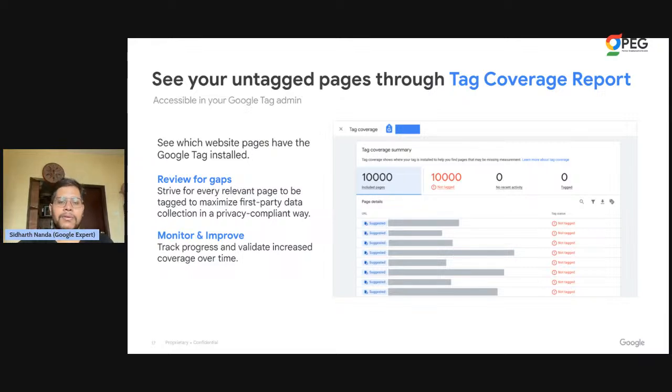Now, I want to get a little bit more into the practical aspects of things. I believe you definitely have a good idea of how important all these first party tags are. But of course, putting this into practice across web pages can be a chore. So that's where we heard you, and we want to focus a little bit deeper on the practical way of implementing this. When you want to see all your untagged pages, you can definitely do it through this tag